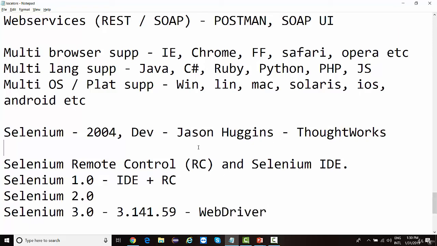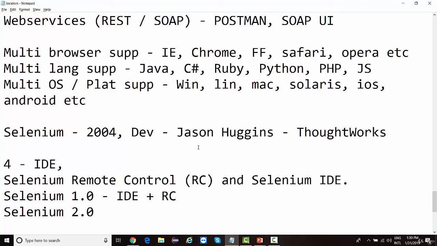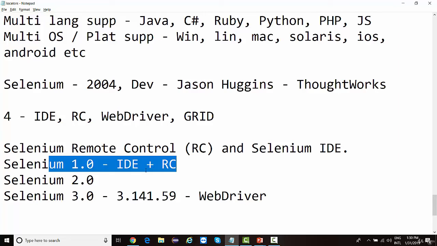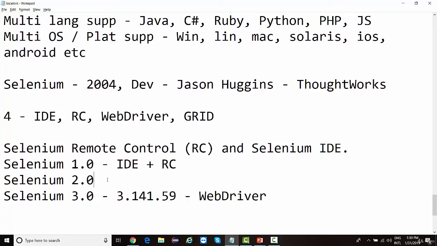Right, there are 4 components of Selenium. One is IDE, one is RC, one is WebDriver, and one is Grid. So these are the four components of Selenium, in which 1.0 was IDE plus RC, 3.0 is WebDriver, and 2.0 was also WebDriver, plus there was some support of RC as well. So you can say 2.0 was a combination of WebDriver plus RC. And the last version of this release was 2.53.1. And then 3.0 came into the market. So 3.0 is only and only WebDriver plus